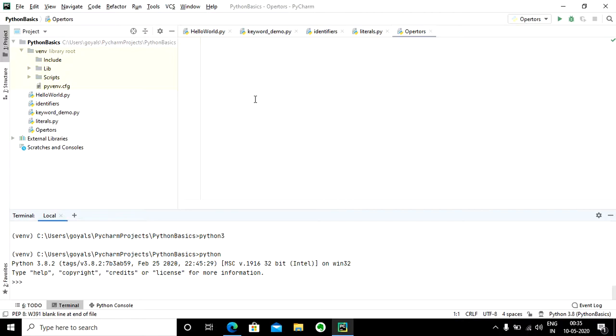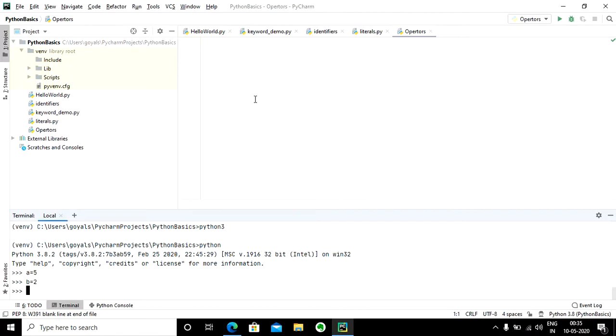the value which was returned from AND, OR and NOT was based on the whole data, whereas here it is going to be calculated at the bit level. So for example, let's say I have a variable called a, which is having a value 5. Let's say I have another variable called b, which is having a value 2.